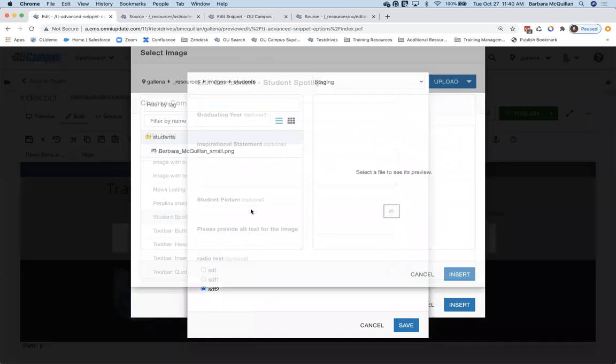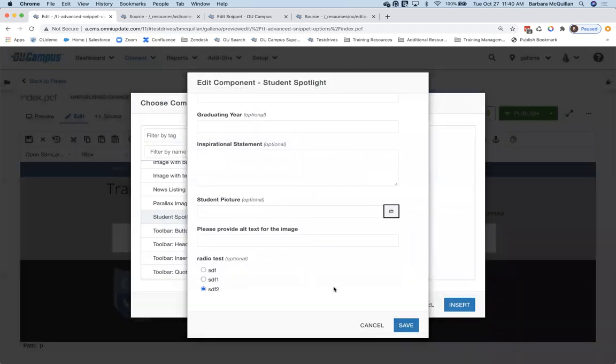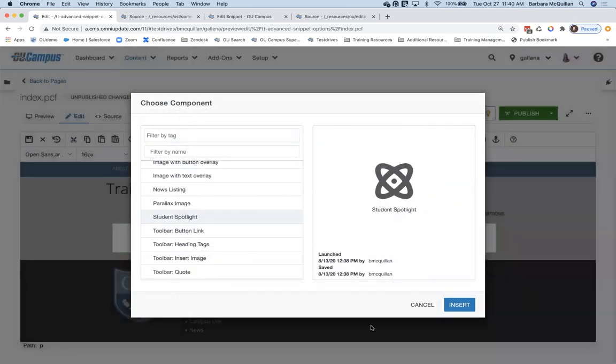In this case, I specifically have an image chooser. I've specifically stated you need to be inside this folder. So you have a lot of control over what your editors are going to be inputting. Other nice things about components is that components can work in flat HTML. So you don't have to have XSL background in order to build a component.